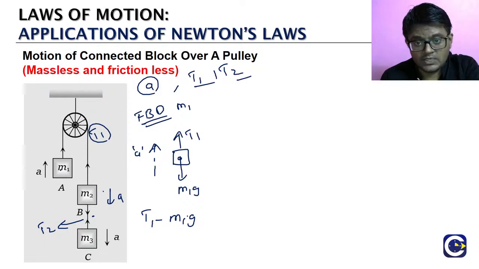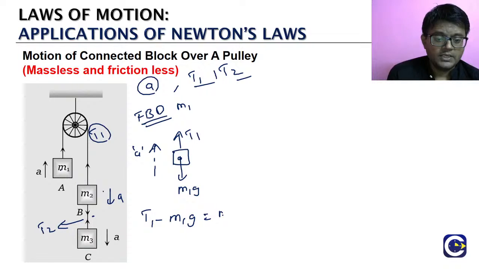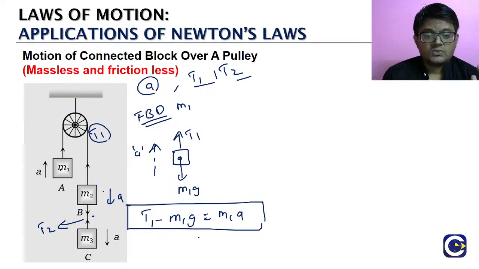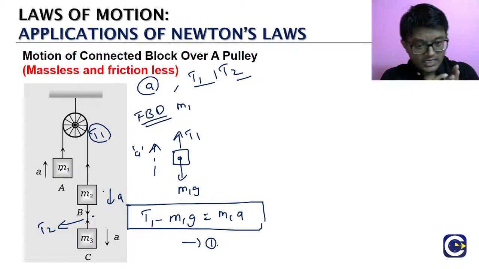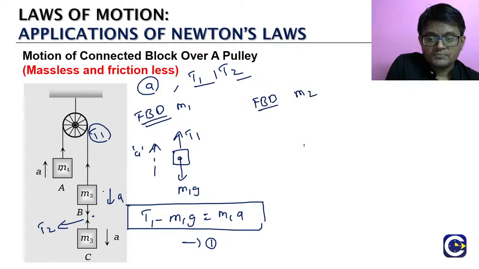Upward we have T1, downward M1g. So T1 minus M1g is equal to M1 into a. Let us call it equation 1. Okay? After that we will go to the FBD of M2. Look at what is on M2: its weight,